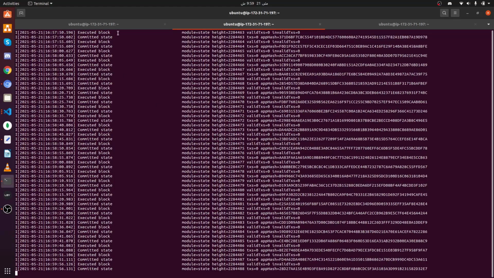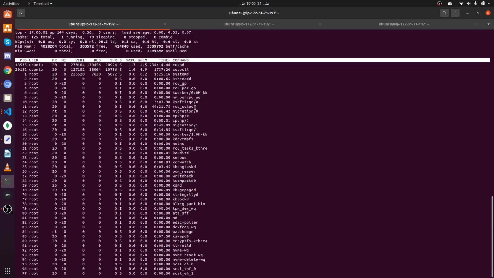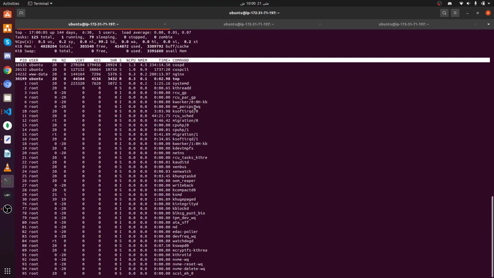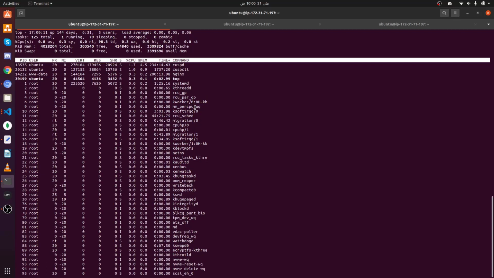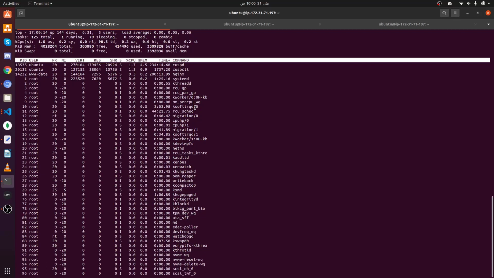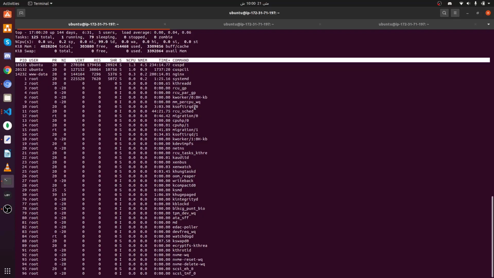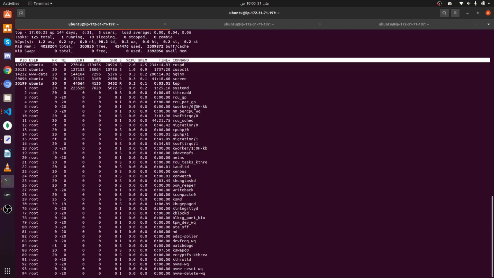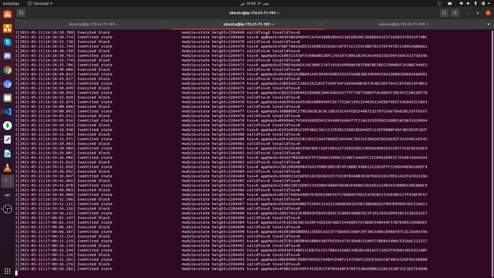We are running the Libonomy Verify node. The minimum requirement in order to run mining or verify a node on the Libonomy blockchain is around 4 GB of RAM, and Libonomy blockchain is ASIC resistant, which means you cannot utilize ASIC chips. If you have ASIC chips, they will be useless. The Libonomy blockchain was intended for normal systems and commercially available systems, so any node in the community can join